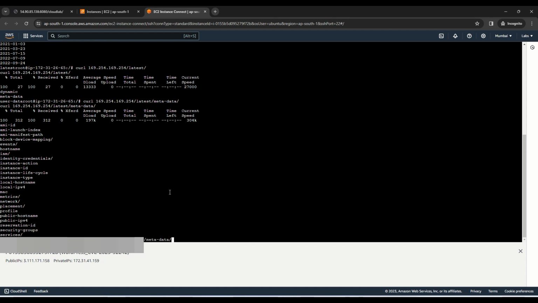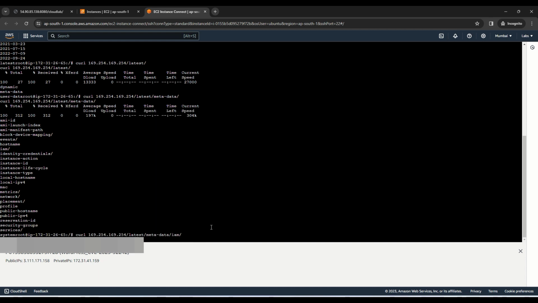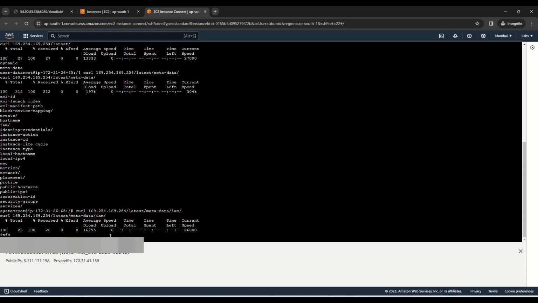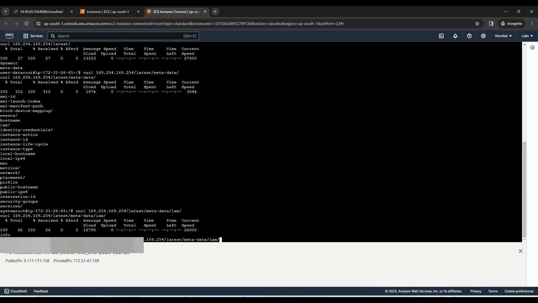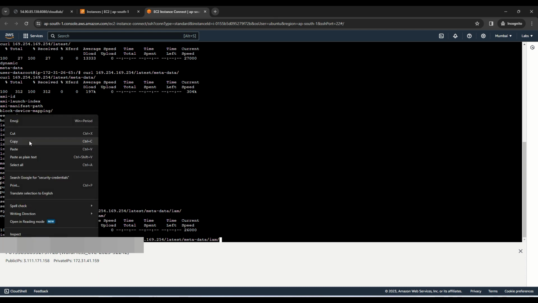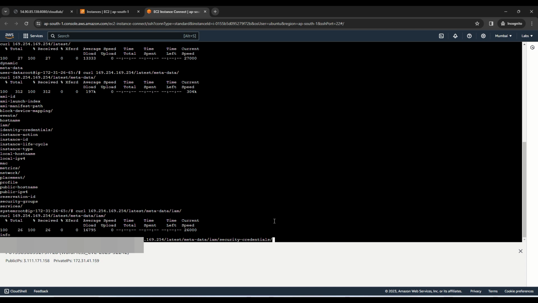Again paste it, and in the IAM, just copy again, and security credentials, paste it. So just copy this entire command,